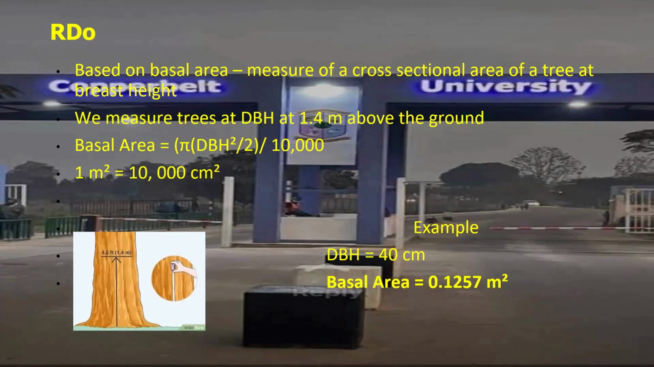So at that very height, you measure the circumference of a tree. When you measure the circumference of the tree, then you calculate the basal area. The formula for calculating the basal area is pi times DBH, which is diameter at breast height, squared, divided by 2, and then divided by 10,000 for us to convert it to